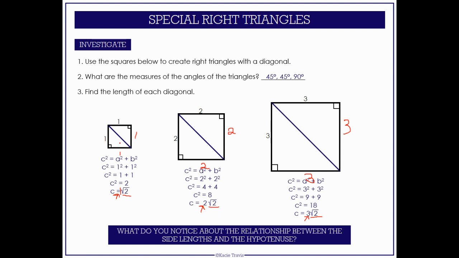See, in the middle, we got 2 and 2. 2's in front of our radical 2. Over here, we got 1 and 1. The 1's in front of our radical. Over here on the right, we got 3 and 3, which means that we got a 3 in front of the radical. Okay, so you got to make sure that you go through and deal with that as you are going through this part. So let's take a look at the triangle that we're going to be talking about in particular,